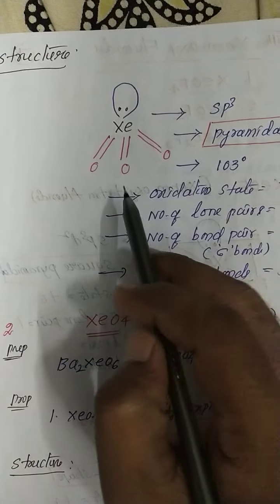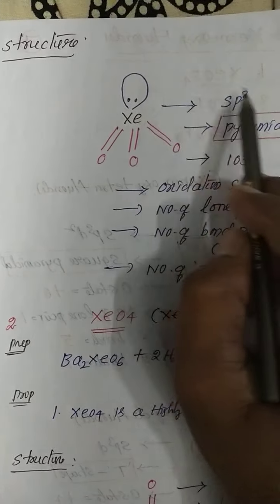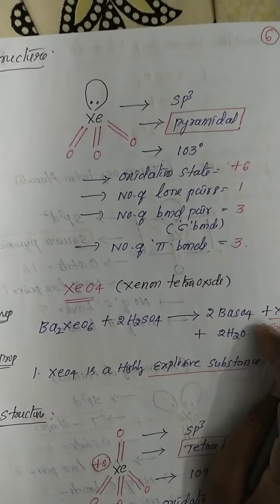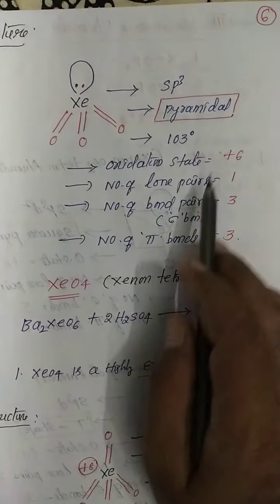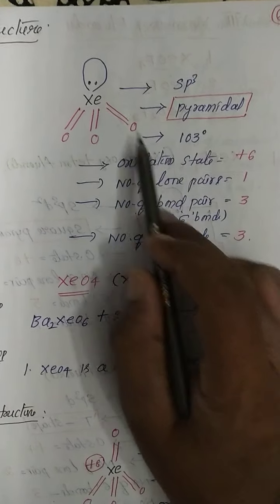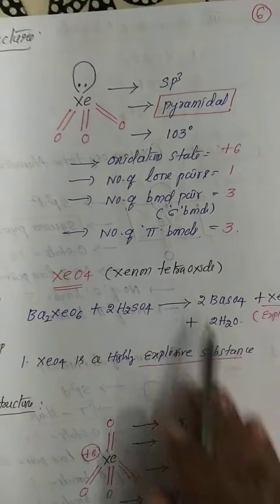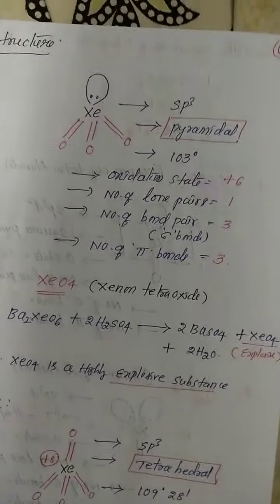Pi bonds are not considered in the hybridization. That's why 3 sigma bonds plus 1 lone pair, total 4. 4 is nothing but sp3 hybridization. The shape is pyramidal. The bond angle is 103 degrees. Oxidation state means 1, 2, 3, 4, 5, 6. Total 6 bonds are there. That's why it is a +6